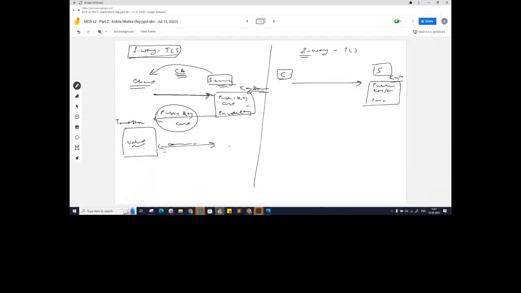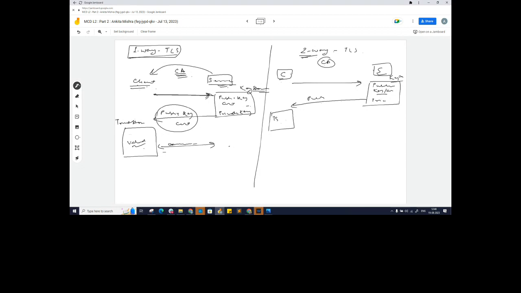Now the first thing is the server will validate himself. So the server will have to present his public key to the client. Now the client can again go to the certificate authority to validate whether the ID provided by the server is valid or not, or the client can have his trust store for that. I can have my own internal mechanism to validate whether the data provided by the server is valid or not. So the client can have an optional trust store, or the client can take help from a CA.